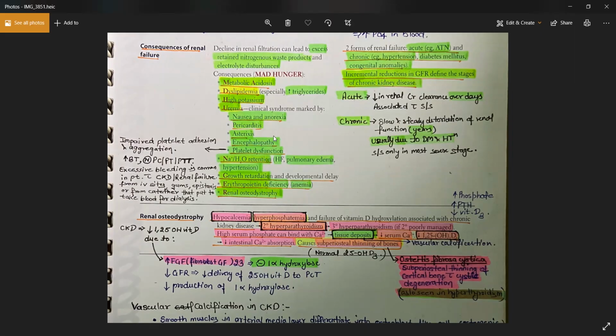Because of this uremia, platelet dysfunction will also happen. In that case, the bleeding time will increase. Platelet count will be normal. Clotting time will be absolutely normal. PT and PTT normal. It's just a bleeding time with a normal platelet count. So whenever you encounter a patient having a history of chronic kidney disease on dialysis, and now he's having bleeding from different sites, having a high bleeding time and a normal PT-PTT, think about the platelet dysfunction due to the uremia, okay?